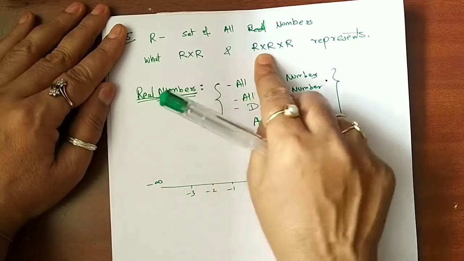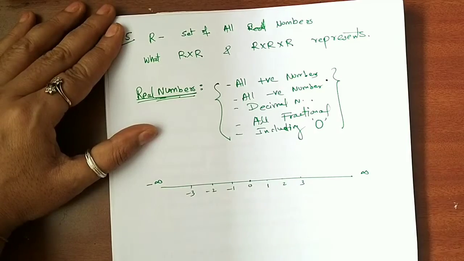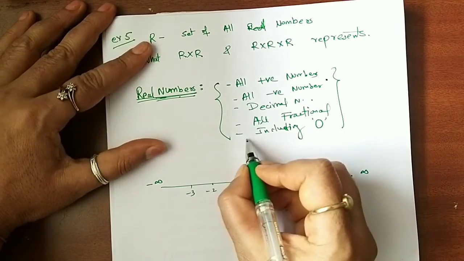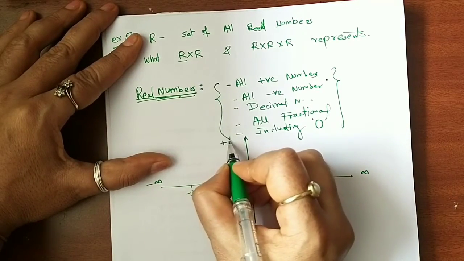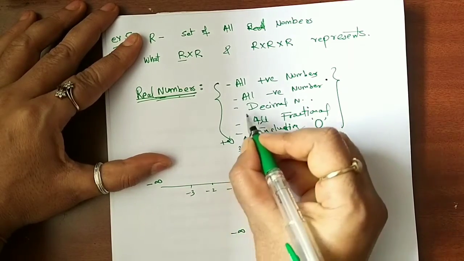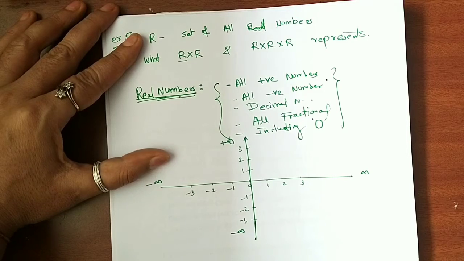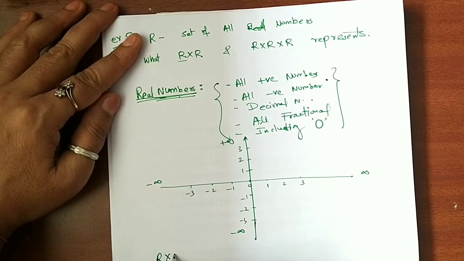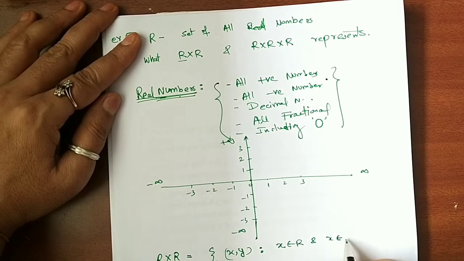Okay, they are saying take cross product with R cross R. So that means if I take this as a first set and the vertical line as a second set, having from minus infinity to plus infinity all possible numbers 1, 2, 3 and so on, or maybe minus 1, minus 2, minus 3, and so on, right? So any element of R cross R will be what? Can I say it is nothing but (x, y), where x belongs to R and y also belongs to R.